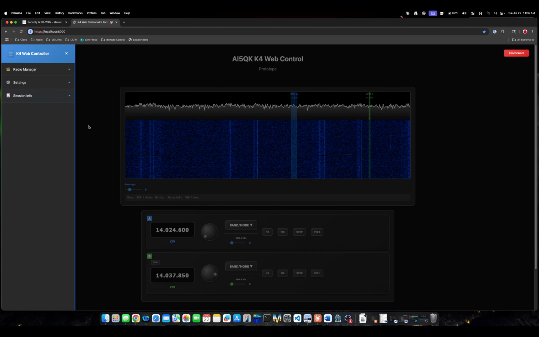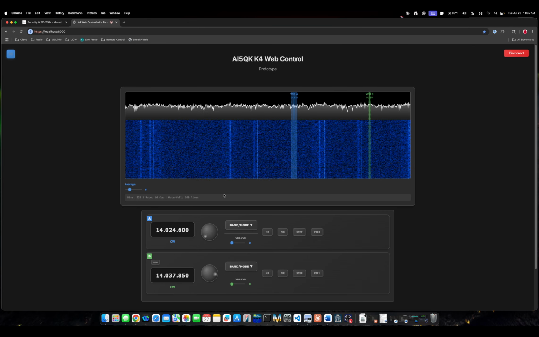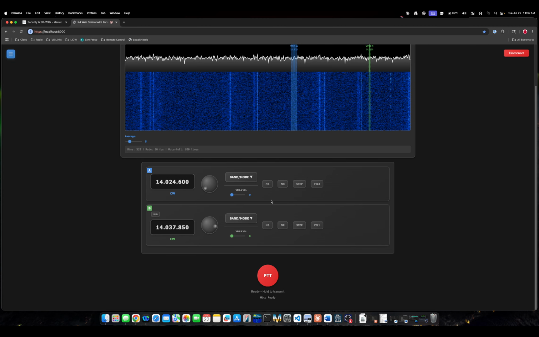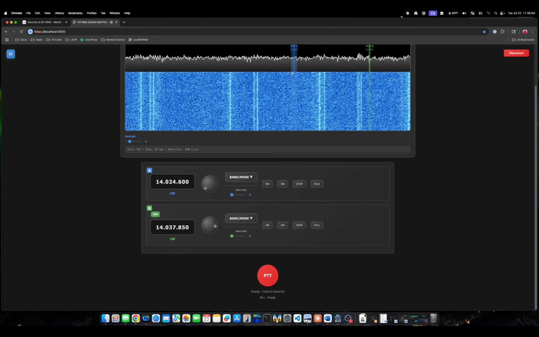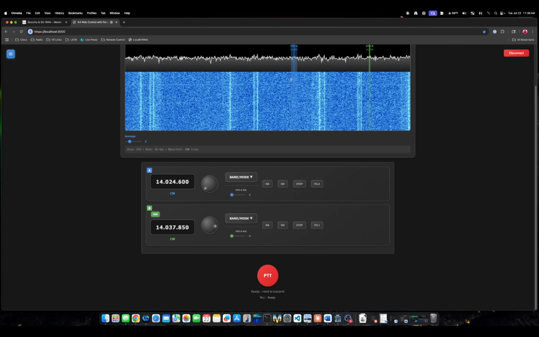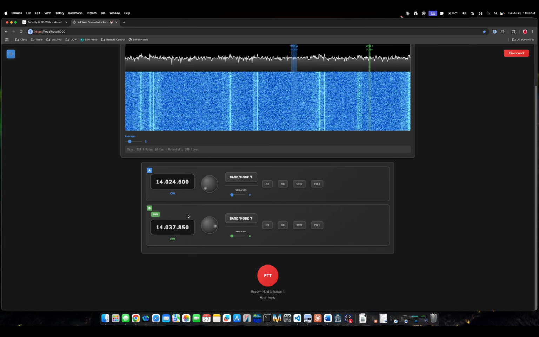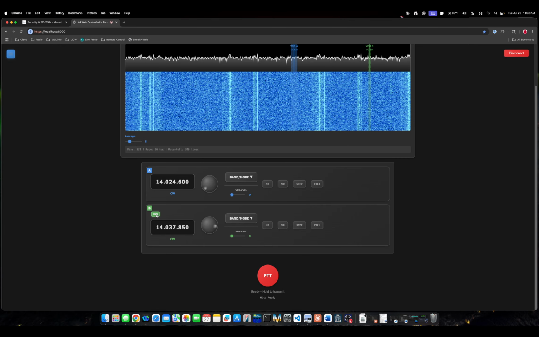It's being populated. So a couple of items I'm going to add, just a preview: adjustable span here. I'm going to change the averaging. I'll probably add a couple more buttons down here for like APF and a couple of other attenuation, preamp. And then pan adapter needs a little work on the calculations. So if I turn that on, we have that little issue to where it's something with the reference. Obviously, that's not what the K4 looks like. It's how the web is interpreting it. So turn that off,